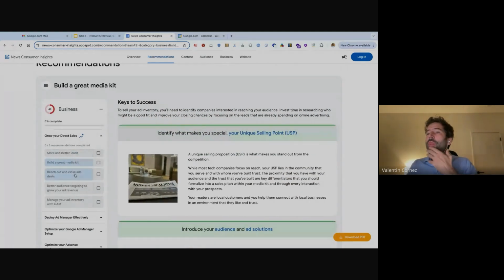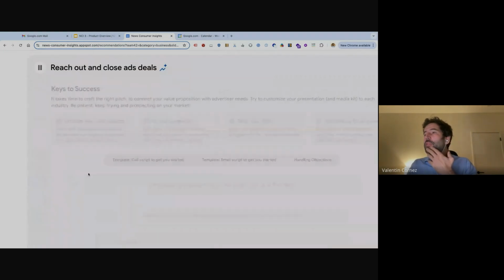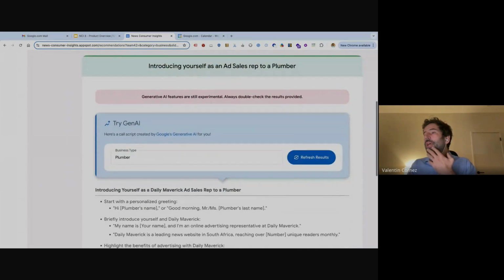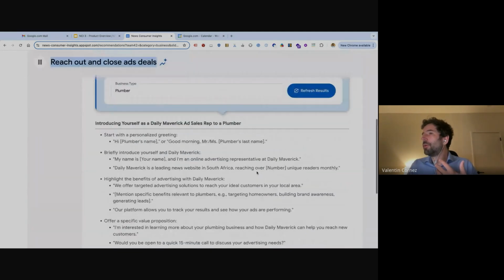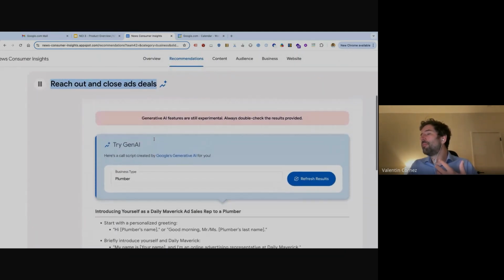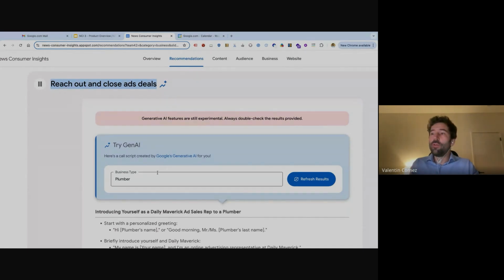The cool thing with those recommendations is we have some Gen AI going on. For example, here we give you some recommendations to reach out and close more ad deals. Here you might be reaching out to a specific type of advertiser in your community. For example, you might want a plumber to advertise on your site. You have a plumber, and the question is, what do you do with that plumber information? You can type the business type here, plumber, real estate, any kind of advertiser you want